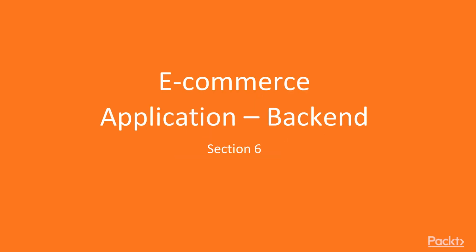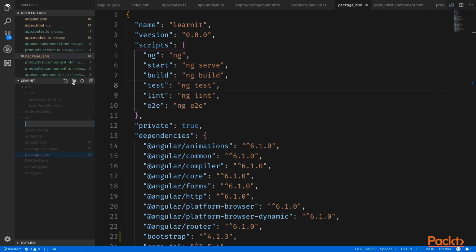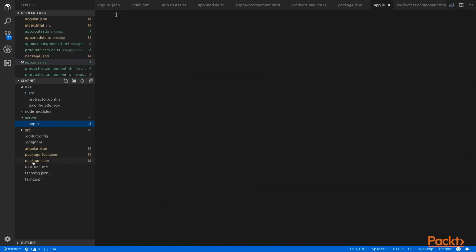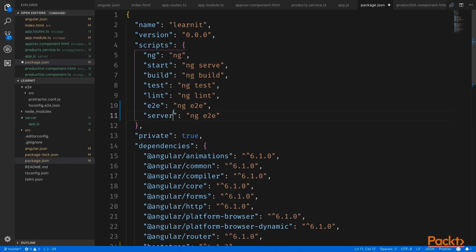In this section, we will build the backend of our e-commerce application. In this video, I'll start off by setting up the server side. We'll create a new folder, server, and in there, create a new file, app.js. Now we want to run this app.js, so we'll set up a script in package.json, and this script will run nodemon server